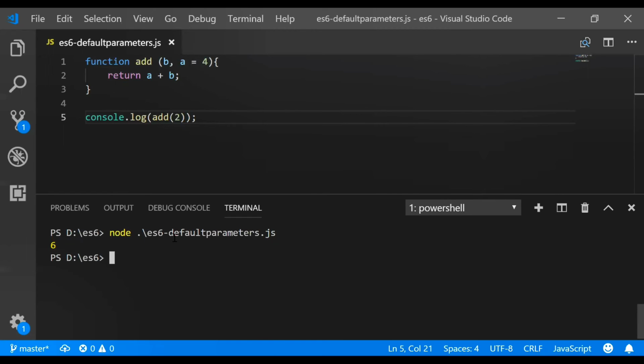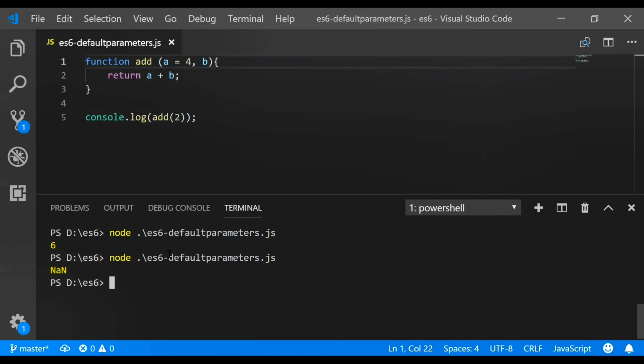So 2 plus 4 gives 6. But if you do the opposite, you will get the value as not a number, because b does not have any value. So 2 plus b, 2 plus no value, is not a number.